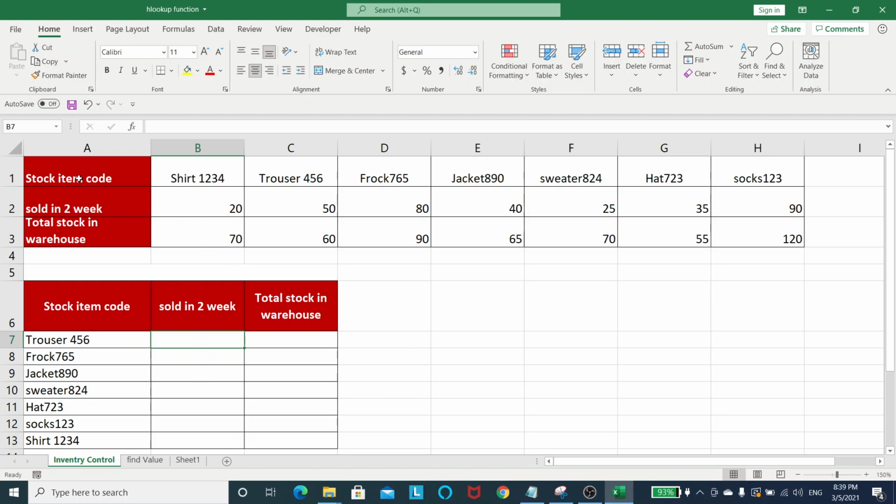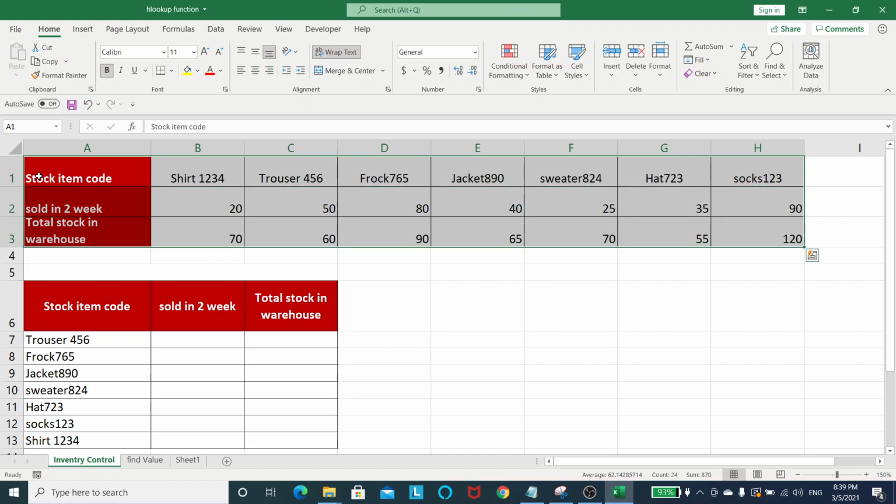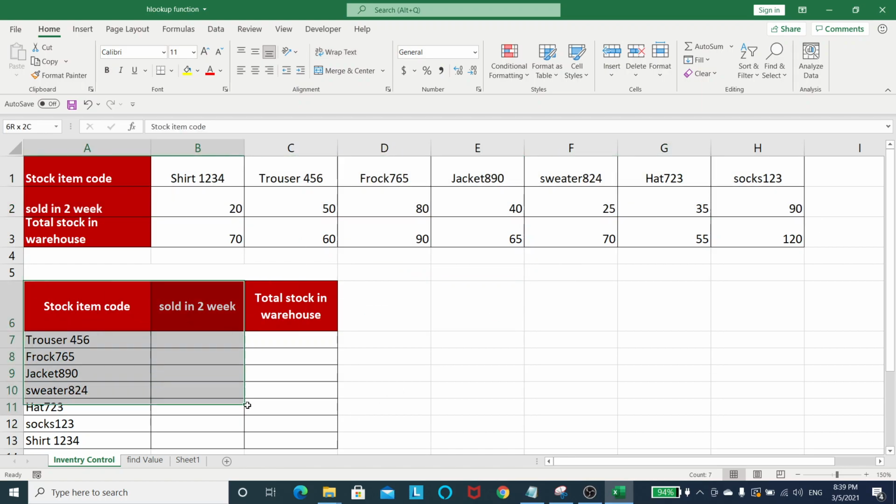You can see here, this data is in the horizontal way, it's going like this. And this data is in the vertical way. So when our data is in the horizontal way, especially the place from where we need to extract our value, at that moment we will apply the HLOOKUP formula, because H stands for horizontal.